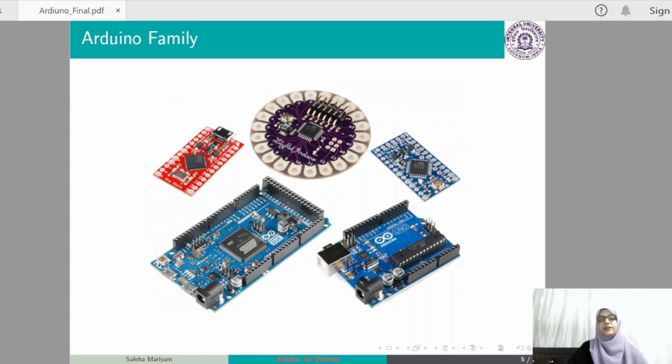The other one is the Arduino Mega board. Arduino Mega board is one of the customized boards which have the ability to take multiple input output. It has multiple pins, 54 pins you can see here, out of which 14 are the analog input pins, and it has the power jack also, and it's used for bigger projects as the